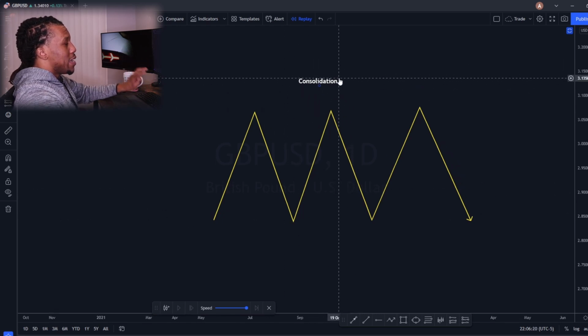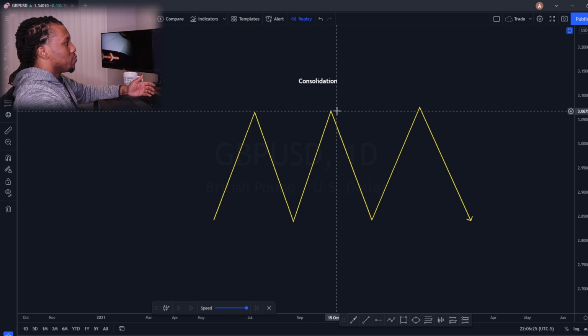Now in an uptrend and downtrend, especially if you're someone who likes to get into trades in a trending market, those are the ideal times to place trades, uptrend, downtrend. In a consolidation, unless you understand minor structure, which I can cover in a different video, you can capitalize on trades in a consolidating market, right? But for now,